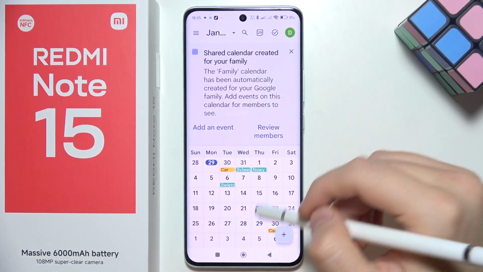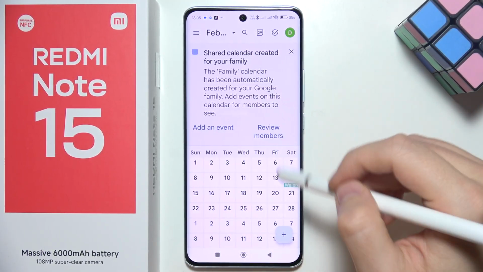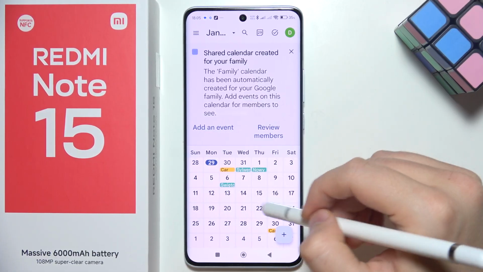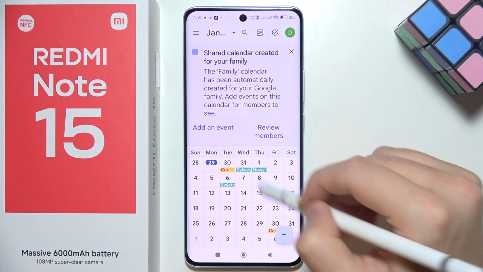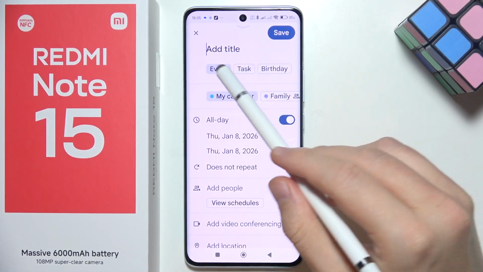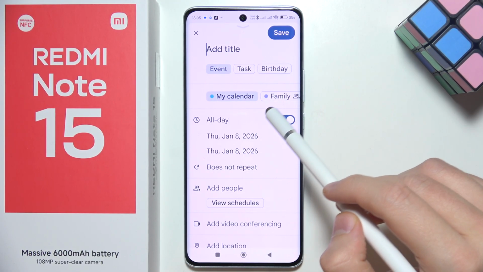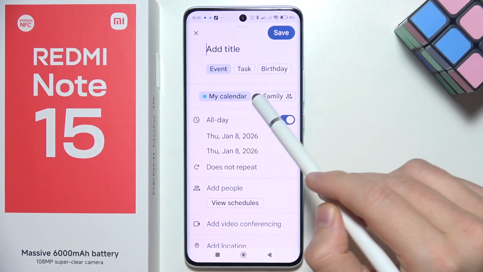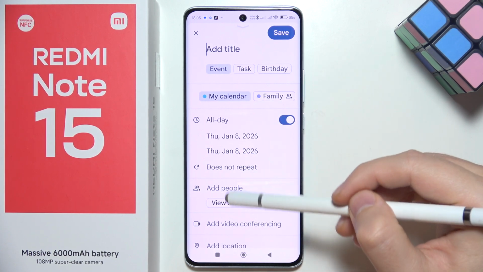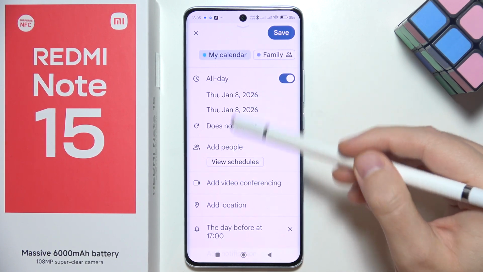So if I want to add the event for 2026, for example, for this month, I'm gonna mark this day. And here I can add the title, set if it is event, task, or the birthday. I can even add this to the multiple calendars, and here all of those options that I can set, like